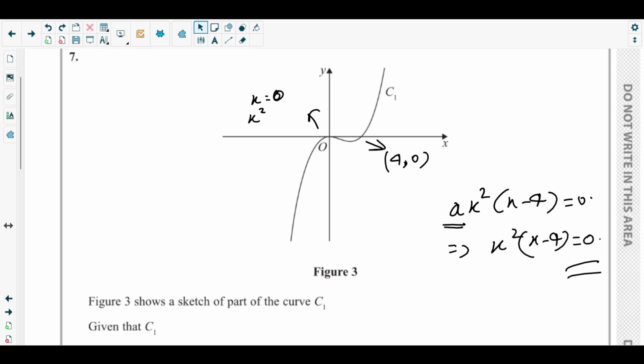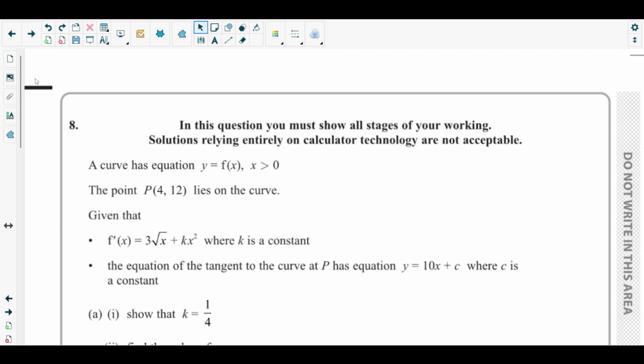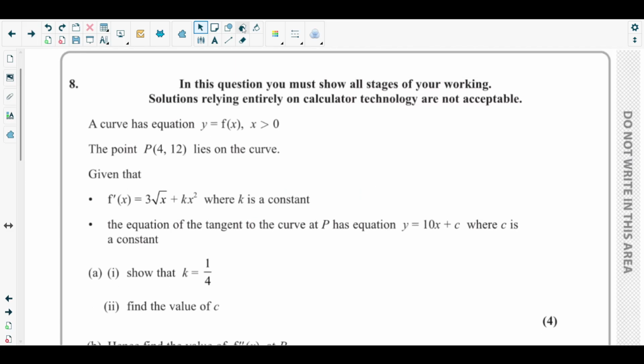Okay, so let's see the next question. That is question number 8 from this paper. Okay, we got question number 8 here. In question 8, it says a curve has equation y equals f of x, where x is greater than